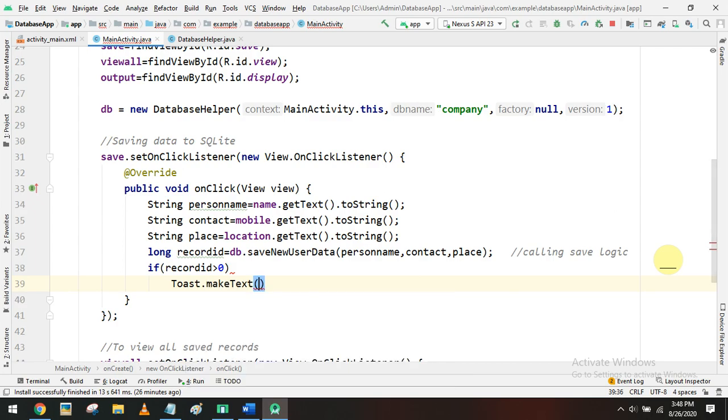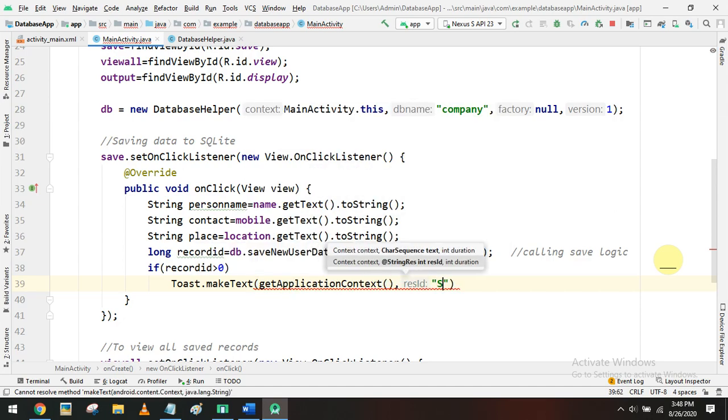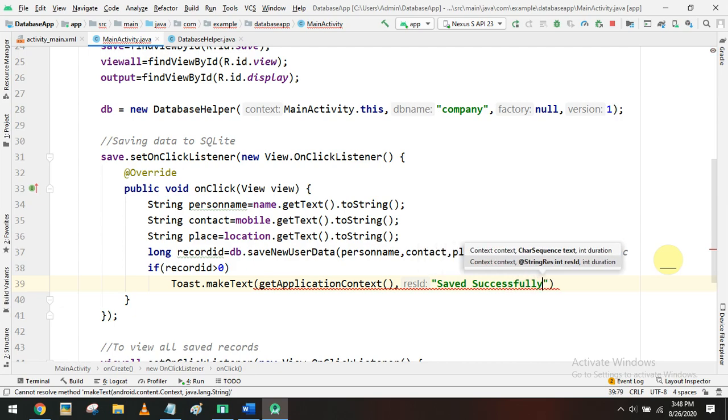So we can display the message by using a toast. You can say that saved successfully, followed by a time duration also.